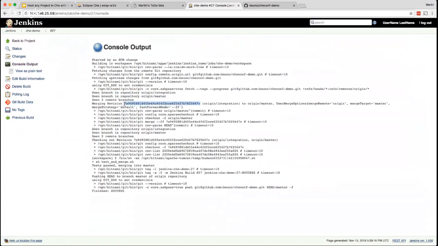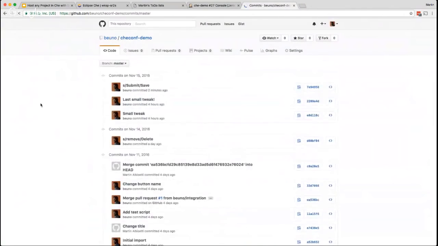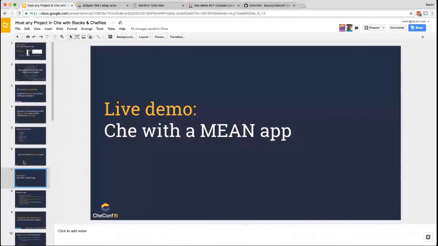It sees all my branches. It figures out there's a new revision. It merges. If it merged cleanly, it moves on and runs my testing script, which is called test and merge, and the tests pass. So once the tests pass, it merges into master, and you can see it pushes it to master. And I'll show you on this other side, I have the Git repo. And if you look at the commits, you can see the commit we've just completed. So I walked through this quite quickly, but let's take a step back